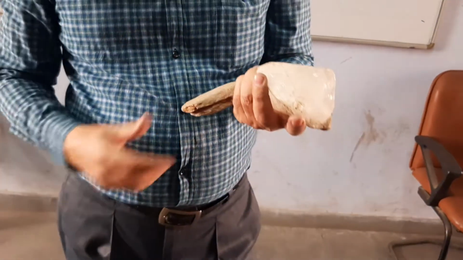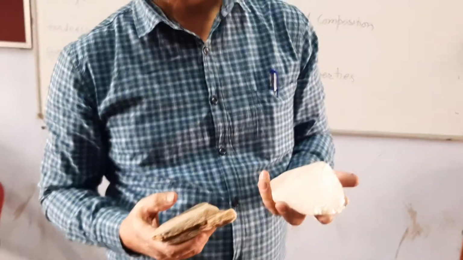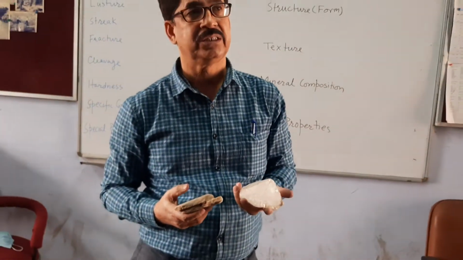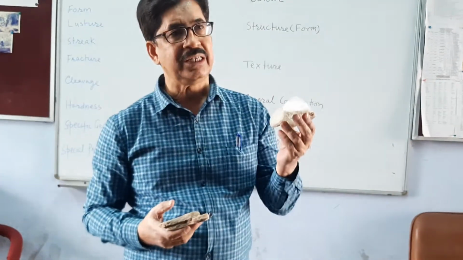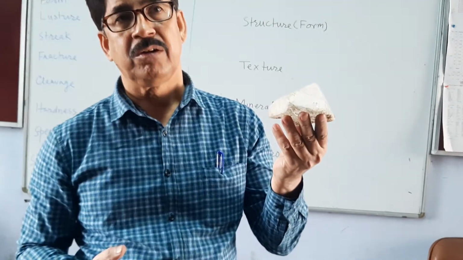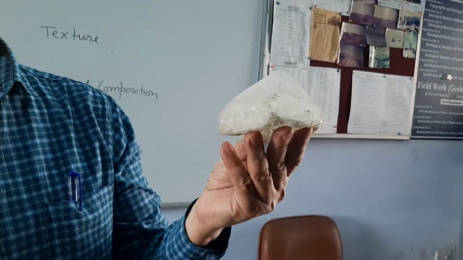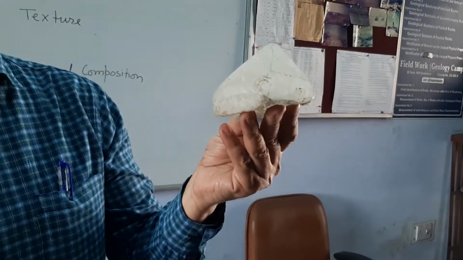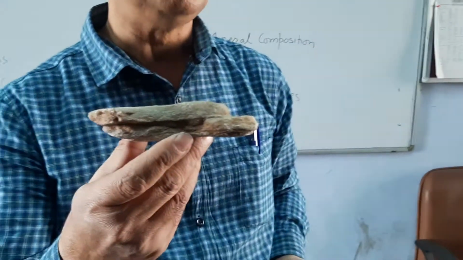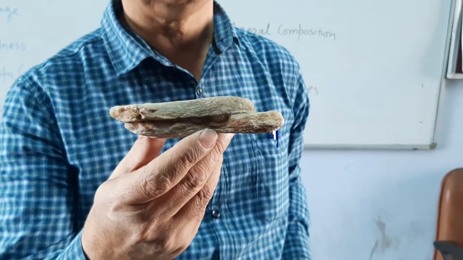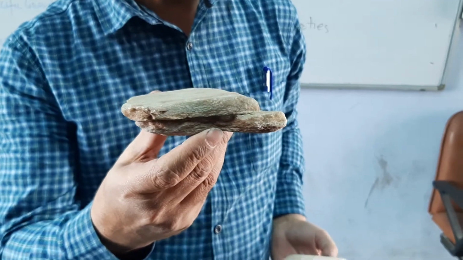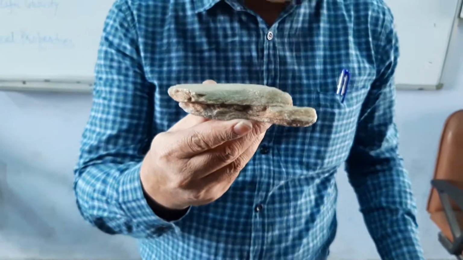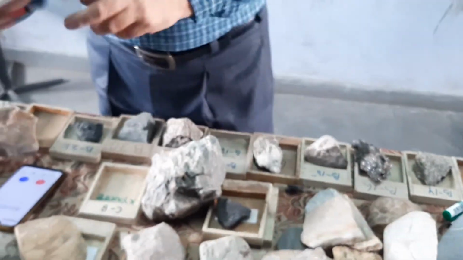So how to identify whether you have a mineral in your hand or a rock? That is the first problem we are faced with, and for that, a mineral is always a single unit. Whatever minerals we have, they are single units. So this is a quartz mineral with a single unit. This may have millions and millions of quartz units, so that's why this is a rock. A rock is made up of more than one mineral or more than one unit of a particular mineral. So I have shown you an example of quartz and quartzite.